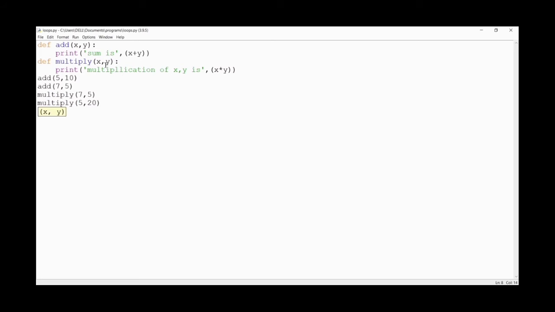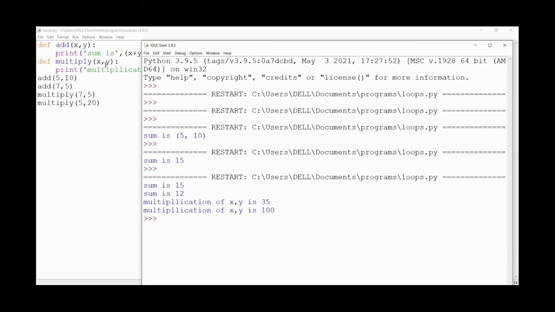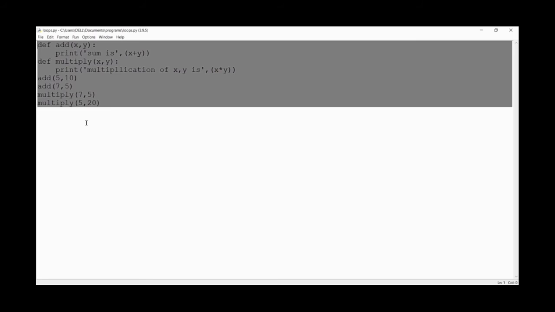Let's save and see the output. Here 5 plus 10 is 15, 7 plus 5 is 12, 7 into 5 is 35, and 5 into 20 is 100. As you can see, the output is as expected.